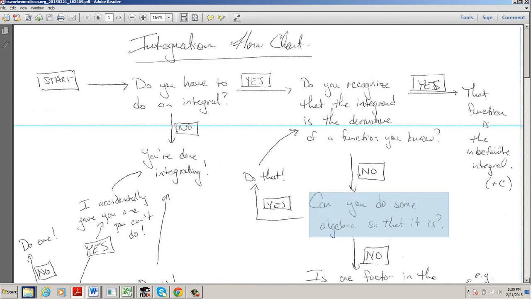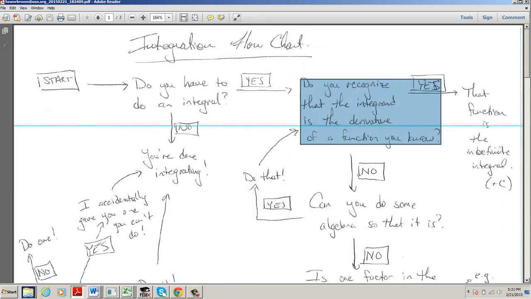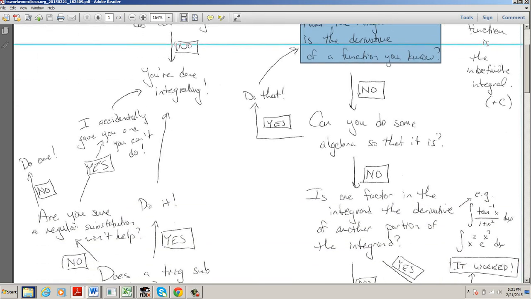Can I do some algebra so that the integrand is the derivative of a function I know? If so, then you should do that algebra and then hopefully recognize it as a derivative of a function you know. Okay. If I cannot do that algebra,